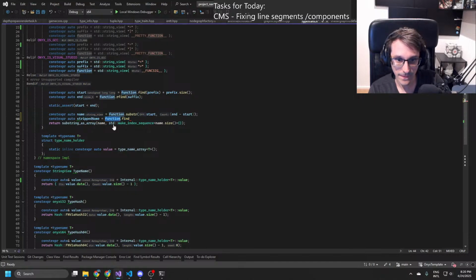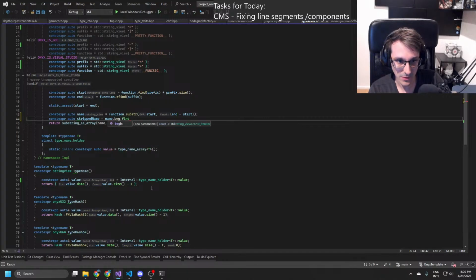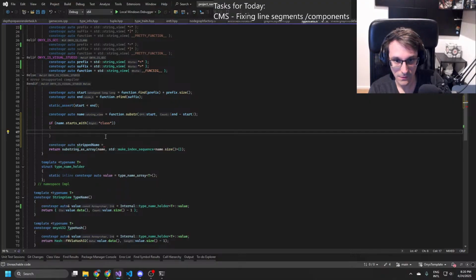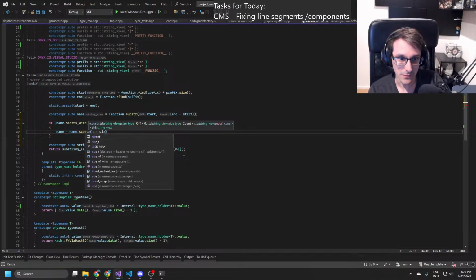So name, find, or begins with. Starts with. Size of where basically